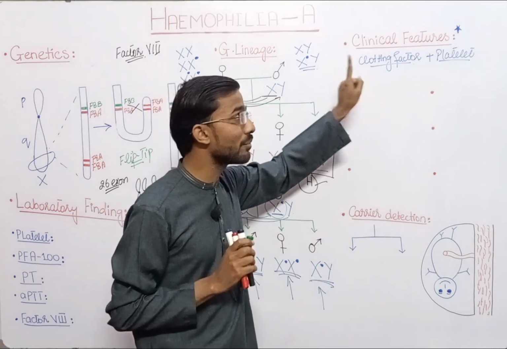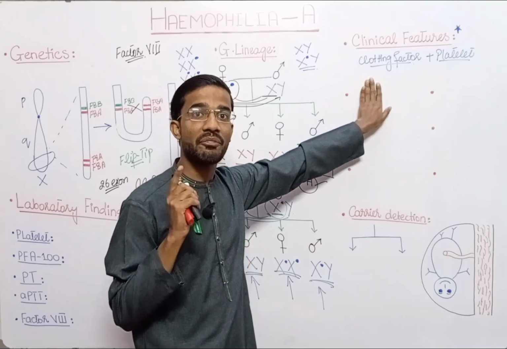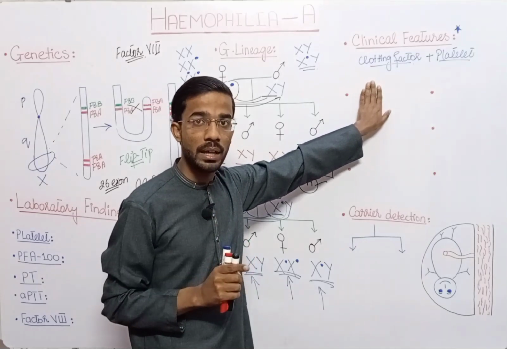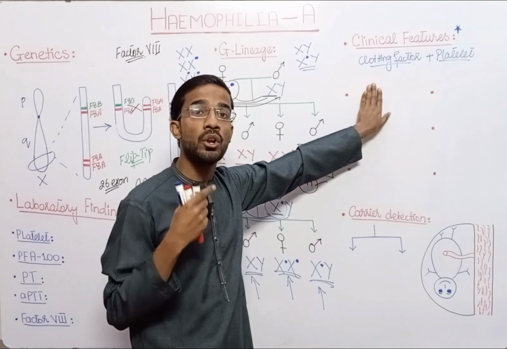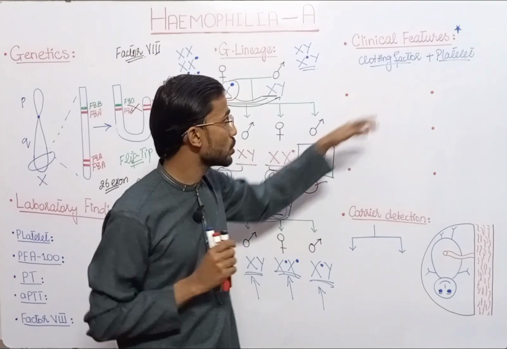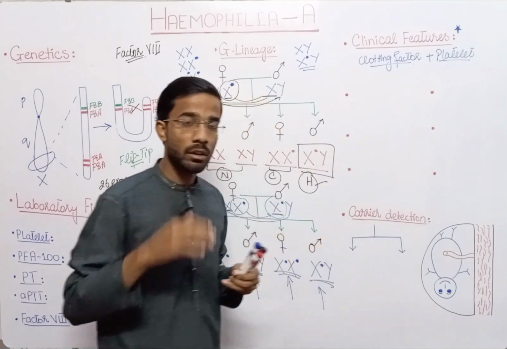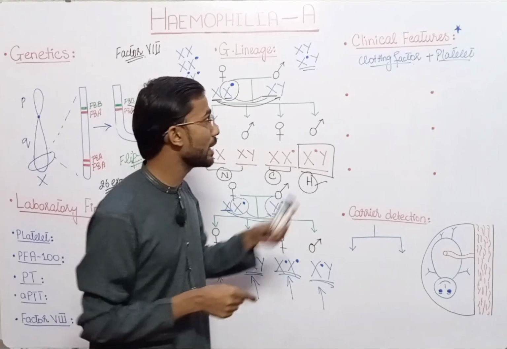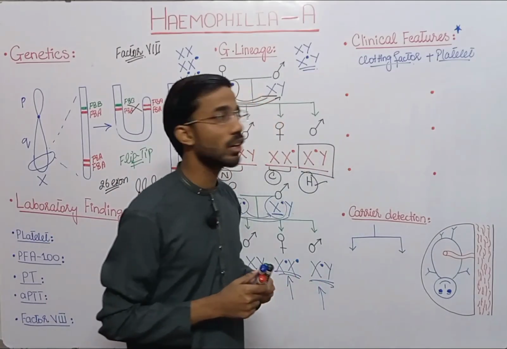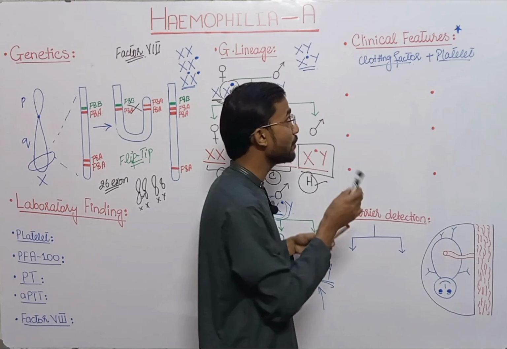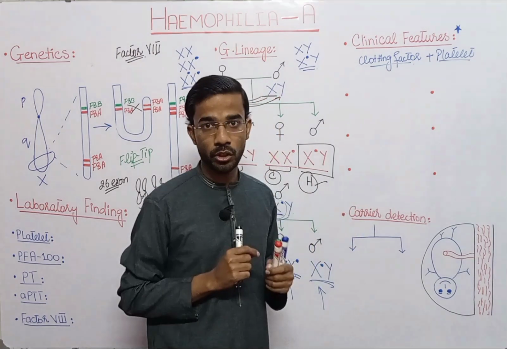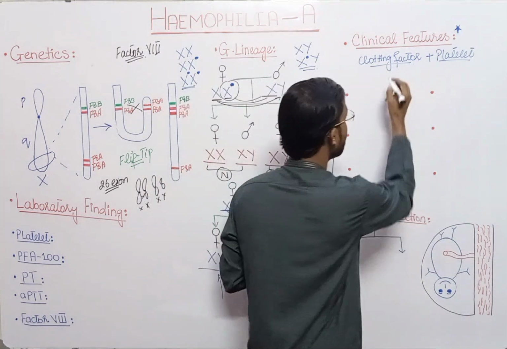But if any one of them is affected or deficient, then it results in a lot of bleeding in the body. So we are talking about hemophilia A, which is actually a defect in the clotting factor. So if there is a defect in the clotting factor, you will see bleeding